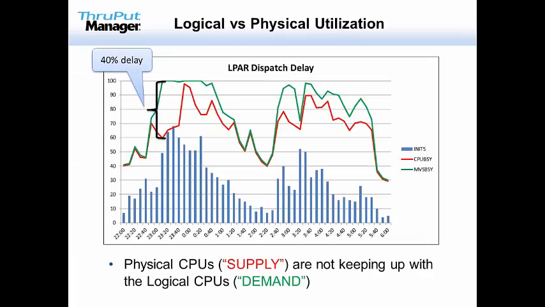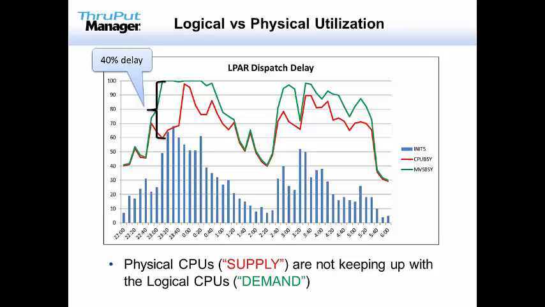This is a data sample where we see this type of delay. Again, quite common. I've got a chart here, a period of time, number of variables involved. What the blue bars are, these are the number of active initiators or concurrent jobs, if you will. You can see how those peak up to 60 or 70, and then they've got some valleys. And then the green and red lines, the green is your simple MVS utilization, measured value, straight out of your SMF70 record. All of this data is actually out of the SMF70. And the red value, marked CPU busy, this is the effective CPU.